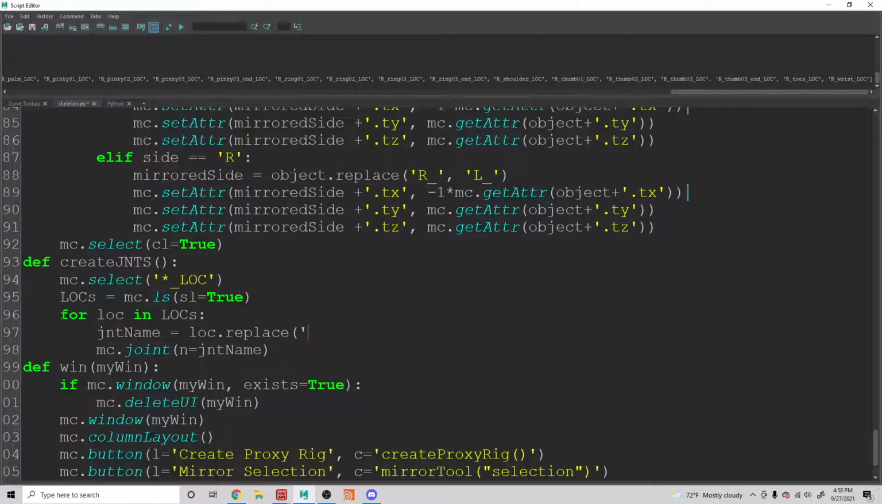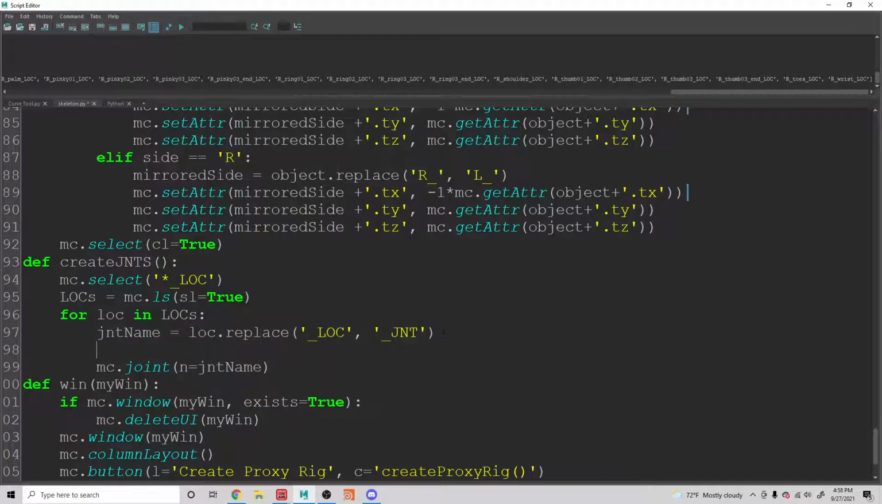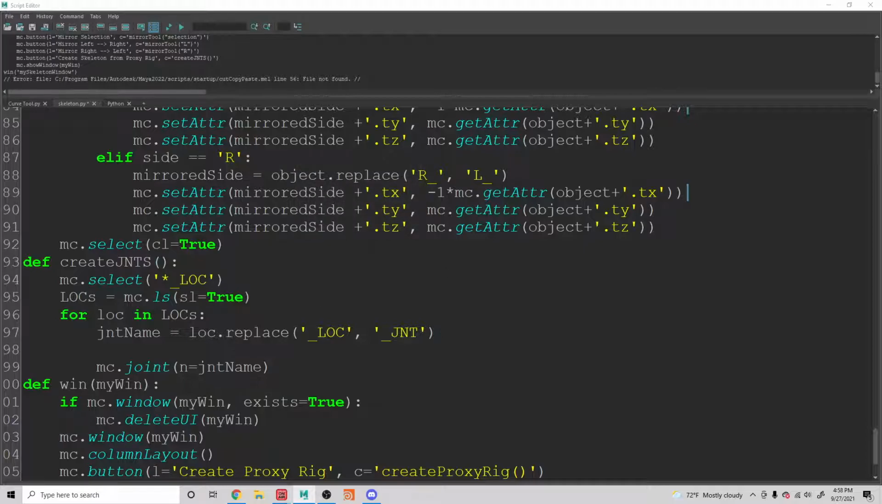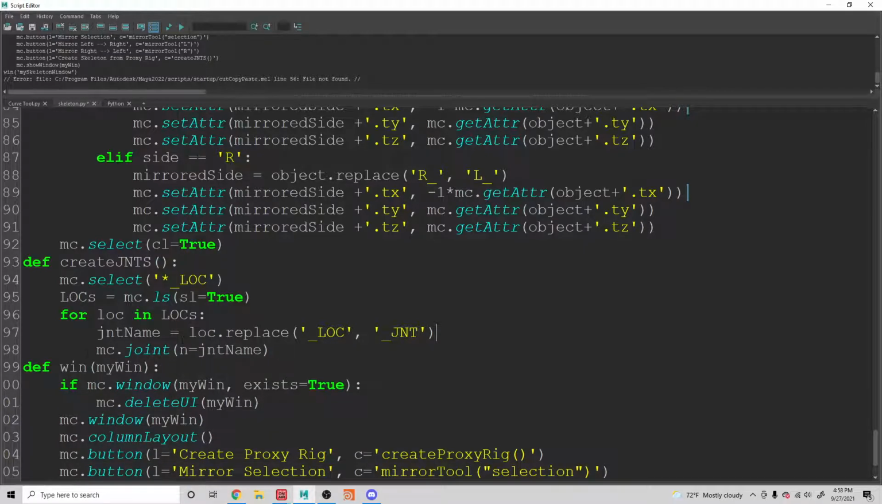Then we're going to search for underscore lock and replace it with underscore JNT. Okay, let's copy this, paste it. Actually, I don't need to paste that. I don't know what I was thinking. Okay, so we have the joint here. It's going to be named whatever the joint is. Then let's set the position is equal to,